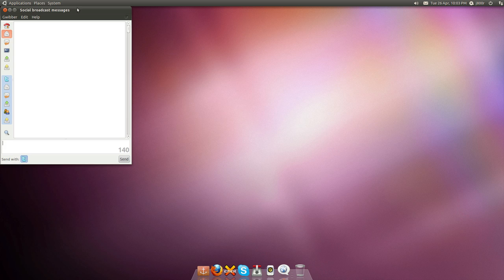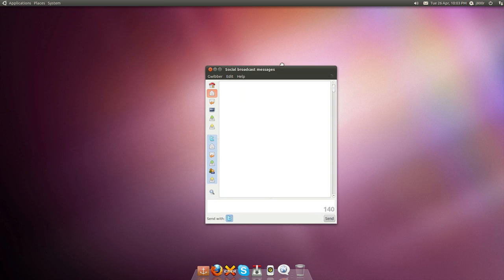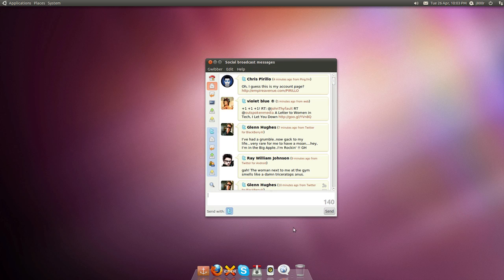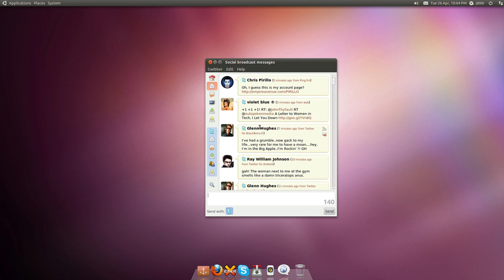And there comes the Gwibber main menu. Now, if it weren't for the dock, you wouldn't even really know that Gwibber was running. You'd barely even know that this was Gwibber, except for that little Gwibber menu there, of course. And there's all my tweets and stuff, and obviously I can post a tweet there, but as well,